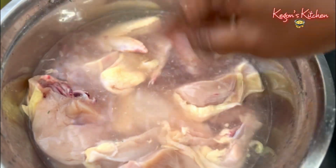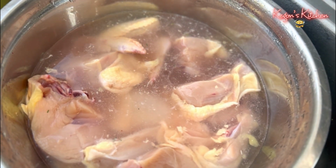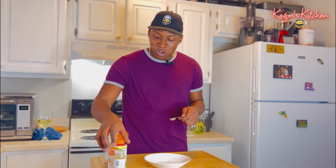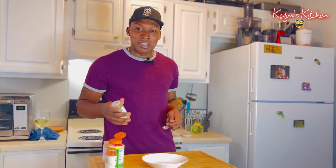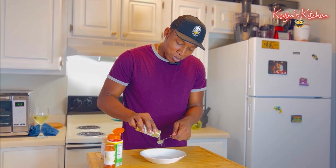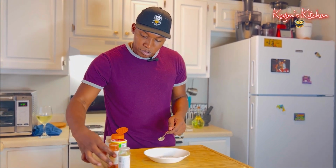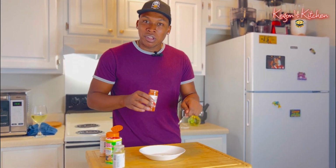All right. So now we're just gonna drain off this water and then add our seasoning, and we should be good to go. So right about now, we're gonna combine all our dry seasoning. So we have some complete seasoning right here. We're just gonna do a teaspoon of complete seasoning. And after we finish with all the seasoning, we combine everything, mix it up, and then season the